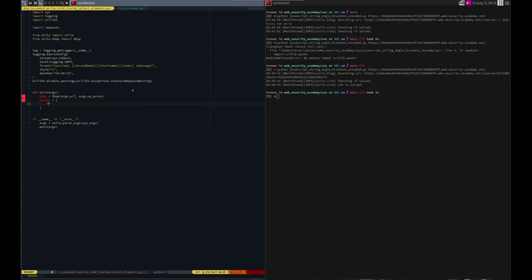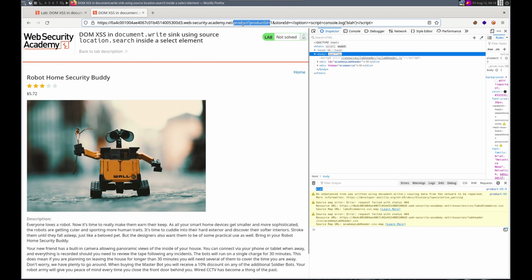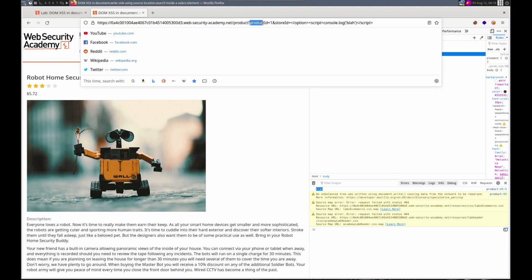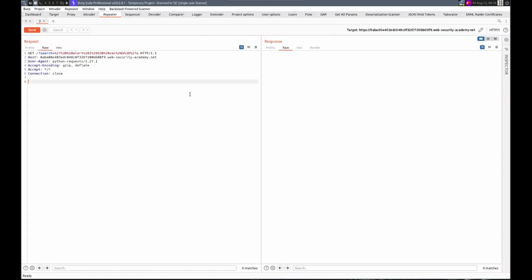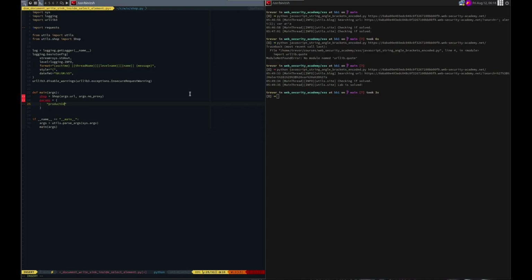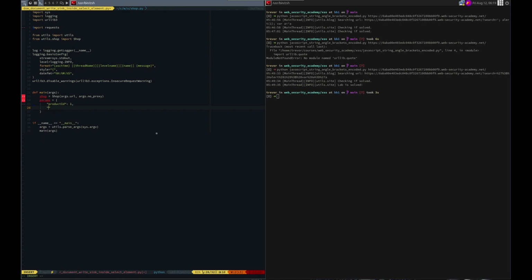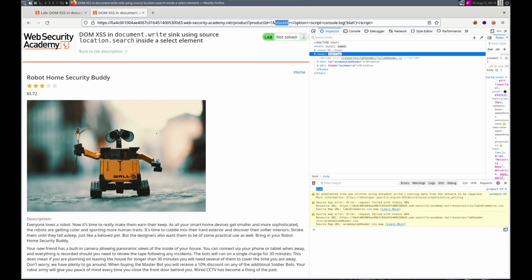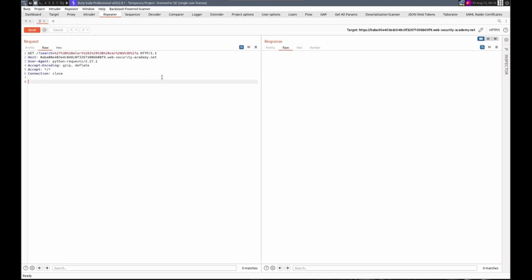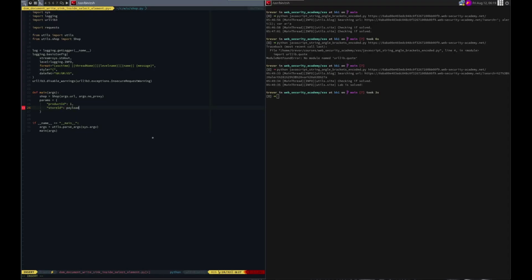The first key in the dictionary is going to be product ID. For our purposes, this can be anything. We'll just leave it as one. The second param is going to be store ID, and for this one we want to put our payload. So let's just write that on a separate line. Payload equals,